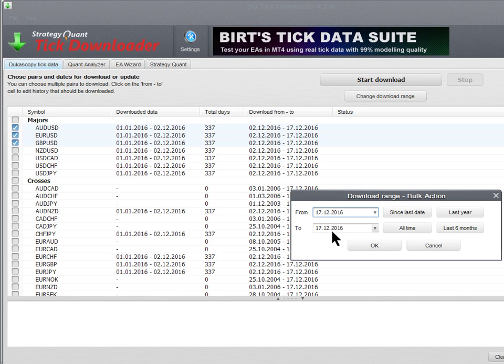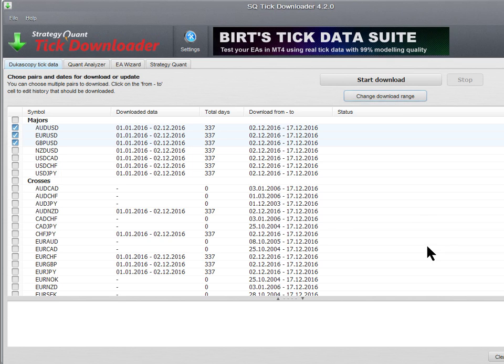So for argument's sake, you're starting next year, you would set it at the 1st of January 2017. The to date will automatically default to the current date that you're carrying out the download action. But tick data downloader will incrementally add extra data. You don't need to download what you've already downloaded previously, and you can see, if I just cancel that, you can see in mine at the moment I have tick data already downloaded up until the